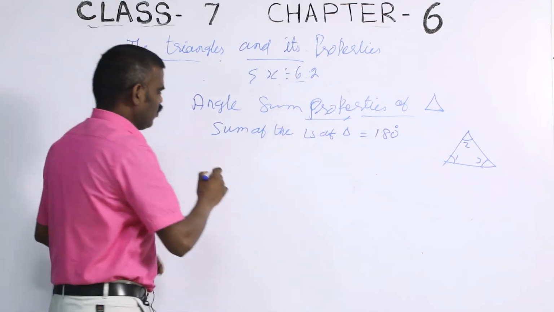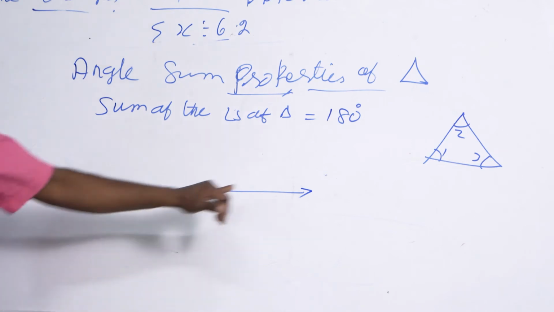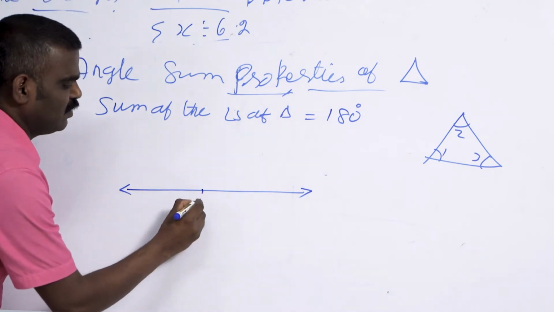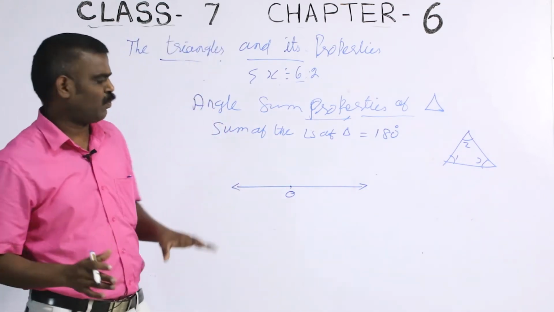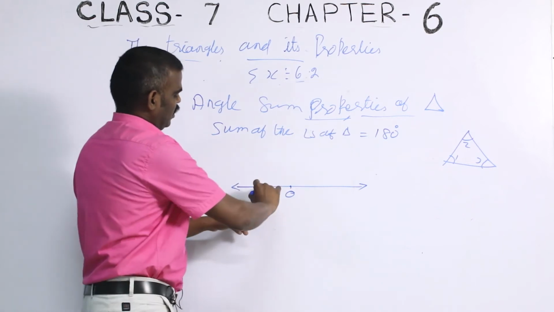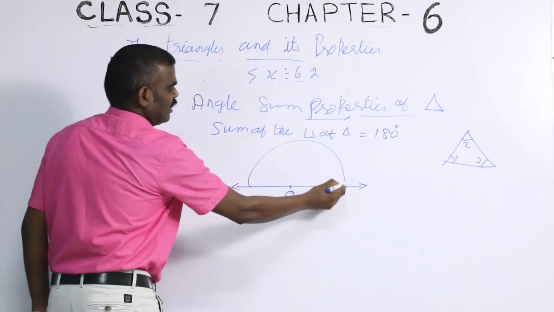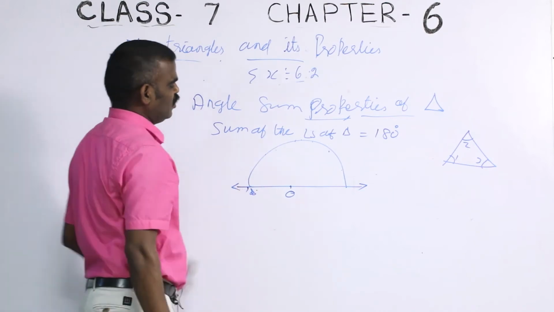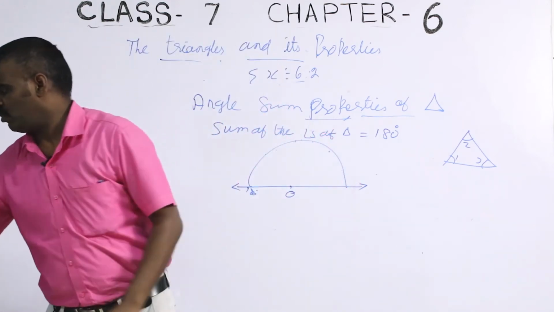Okay. Now, all of you know very well that a straight line is a straight angle. Straight angle has how many degrees? Take your protractor. I explained to you how to use a protractor also. Keep it at the midpoint here, and you see it will go completely from one end to another end. 0 degree, 10, 20, 30, 50, 80, 90. How many degrees will come? 180 degree will come. So, a straight line has how many degrees? 180 degree. Understood? Okay, that you have to keep in your mind.